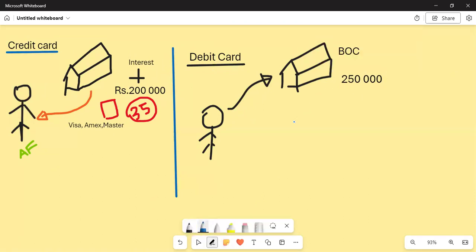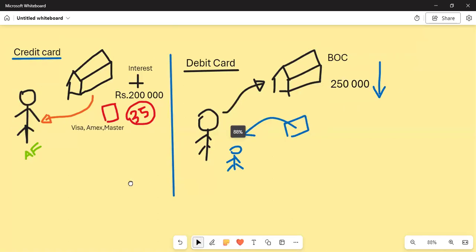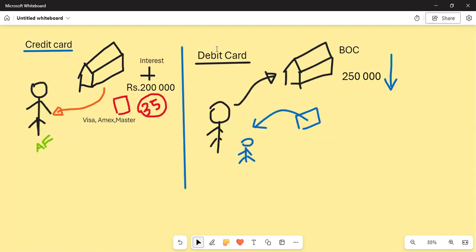But can you spend 300,000? No, that card is there only for your money. You go and give it to the shopkeeper. The shopkeeper puts it into his point of terminal, we call it a machine, a white color machine. They put your card inside, and then the balance in my account will reduce and it will go to the merchant's account, the person who is selling. That is how debit cards work.